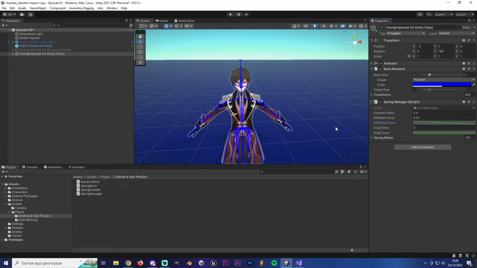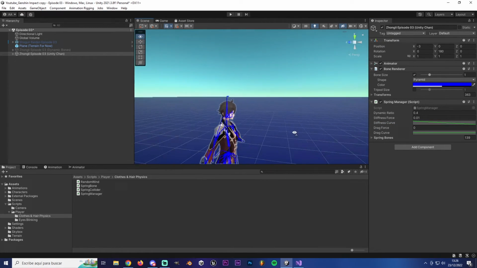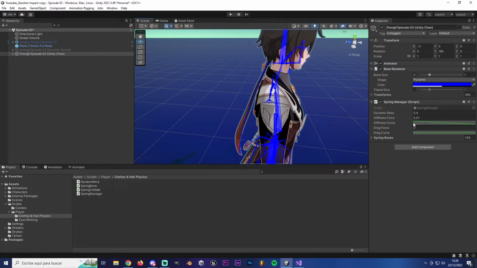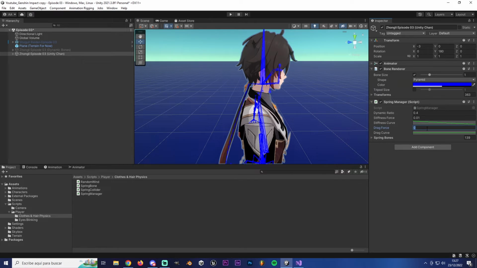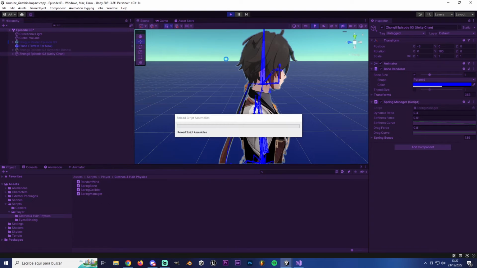This one, for example, what it does is that I'm gonna show you on the hair. This part of the function is the beginning of the hair, and this part of the function is the end of the hair. So, for example, this bone will have a stiffness force of 1, 0.9, 0.8, 0.7, again, until this one that will be on 0, because this value is on 0, okay? And the drag force, I will be using 0.8, and if I hit apply now,